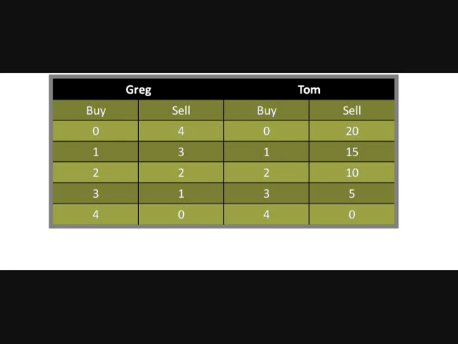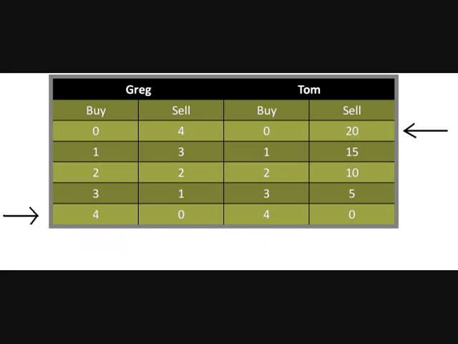Awesome! Let's look at this chart of Greg and Tom buying and selling tickets over the span of 2 hours. From the information, we can see that if Greg were to do both tasks, he would buy 2 tickets and sell 2 tickets. Tom, doing those tasks, could buy 2 tickets and sell 10 in the same time. So they would have a total of 4 tickets bought and 12 tickets sold. Wow, that seems like a pretty good profit to me. Oh kid, that's just pocket change.